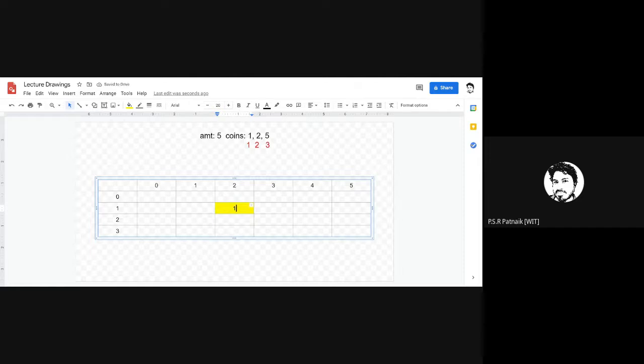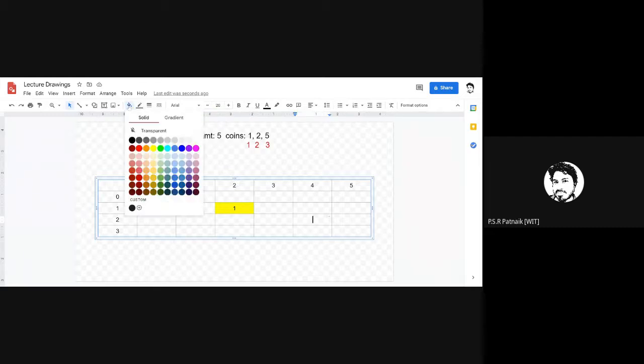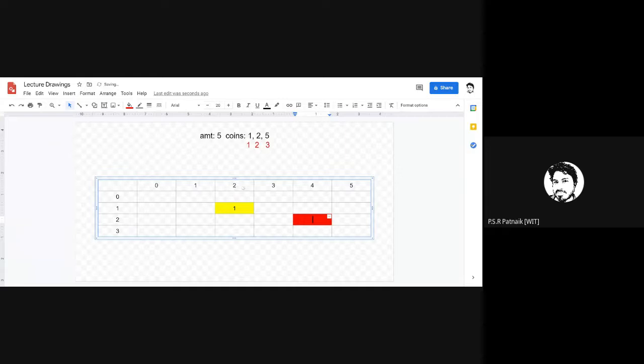Now, instead of this cell, let's talk about this cell. What does that cell exactly mean? If I consider the red cell location, what is this red cell indicating? It is indicating the number of ways I can realize an amount of value 4 by using all the coins till index 2.